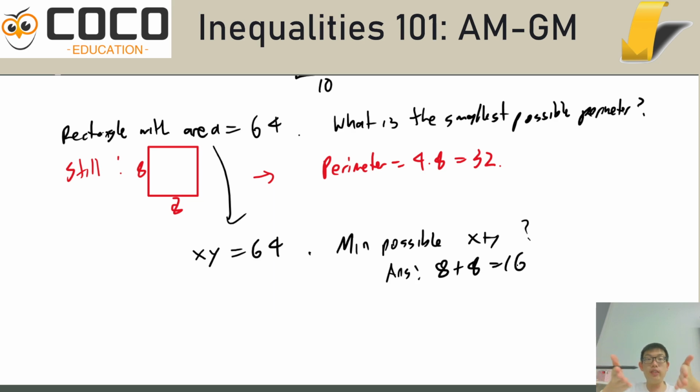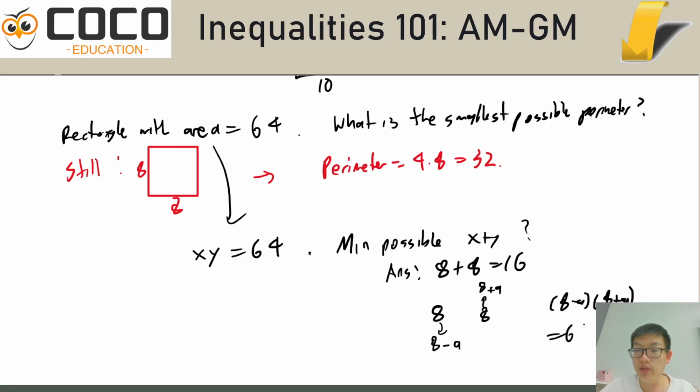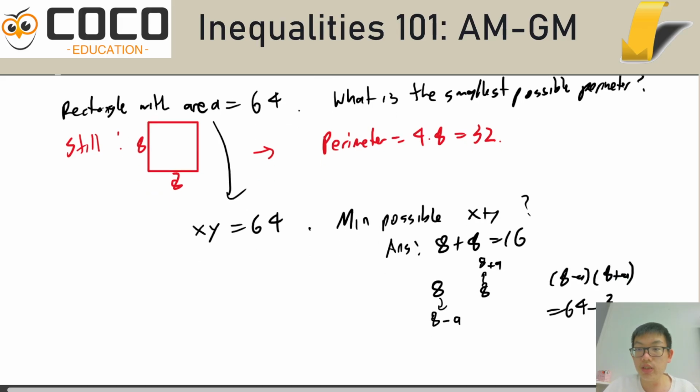so that is actually the thing in the thumbnail. If you were to spread them out, essentially, if you were to take the 8 and you go down to 8 minus a, and you take this 8 and you go up to 8 plus a, then 8 minus a times 8 plus a is 64 minus a squared. That's smaller. In other words, in order to get to 64, I need to take the 8 plus a and move it up a little more. And so the total is going to get even a bit bigger.